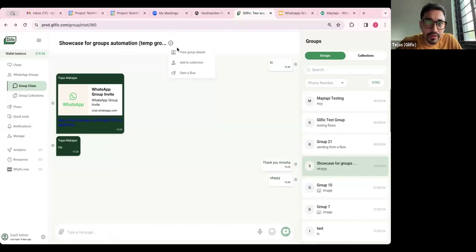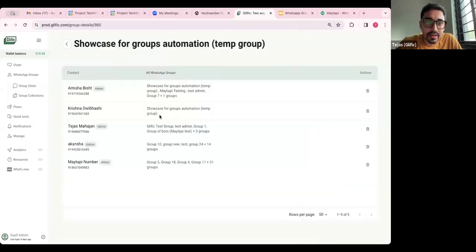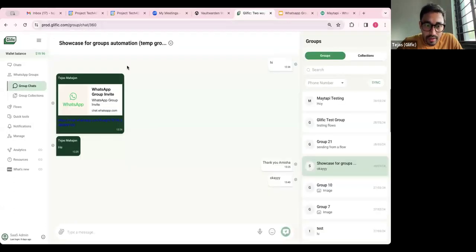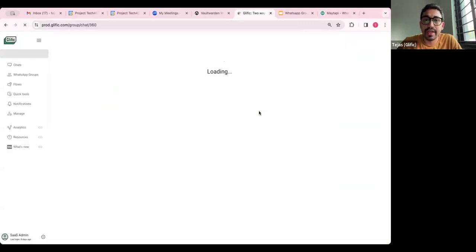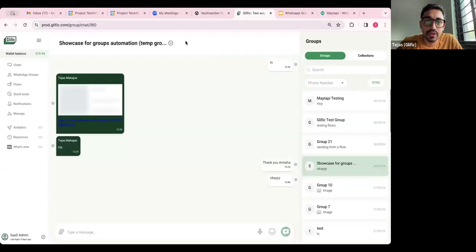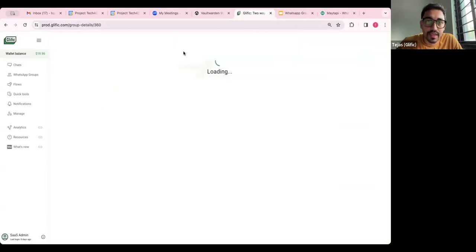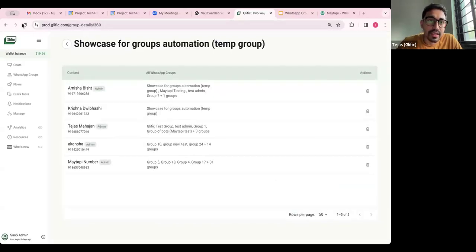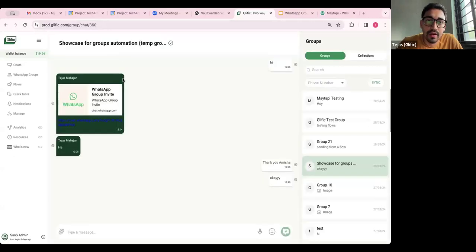Okay, so right now, before we began, I can see there are 5 of our team members who are part of it, along with the MateAPI, my virtual phone number. So hopefully the first action is that all the people who have joined and are part of the group should have their contact info sync, and we should be able to see that information come up over here.